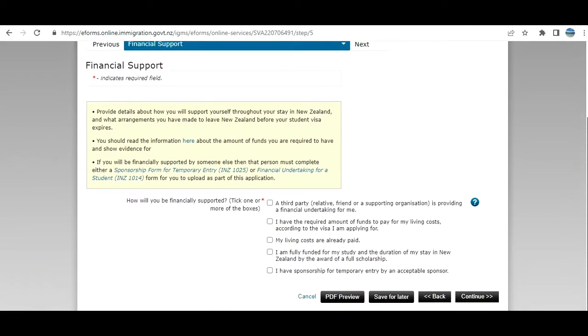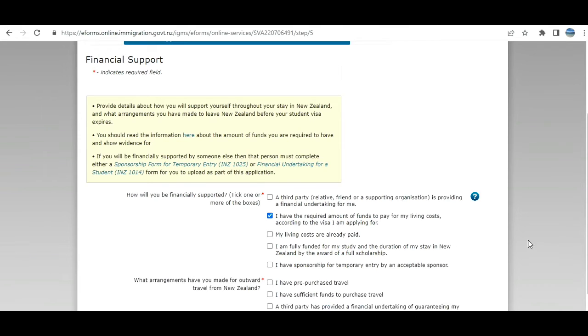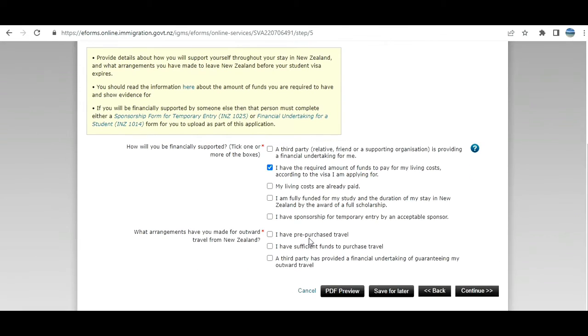Now financial, how will you be financially supported? Third party, relative, friend or support organization. I have required amount of funds. Okay, so now they are asking, I have pre-purchased outward, I have sufficient funds to purchase a ticket. Okay, and I click on continue. Whatever is in your case. At the end they are going to ask you for documents, right? So you need to prove